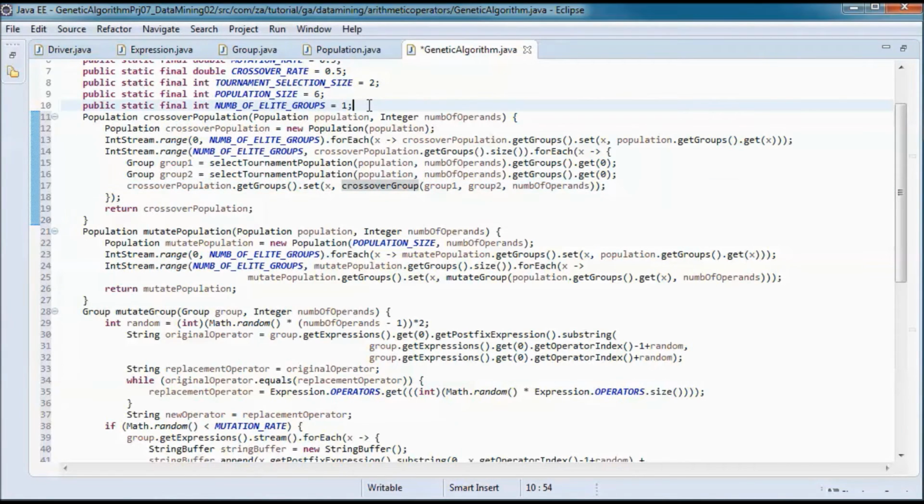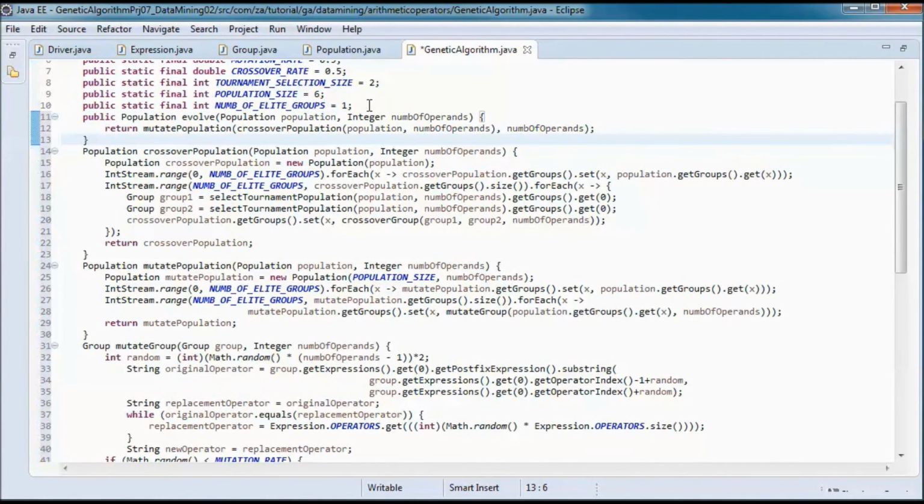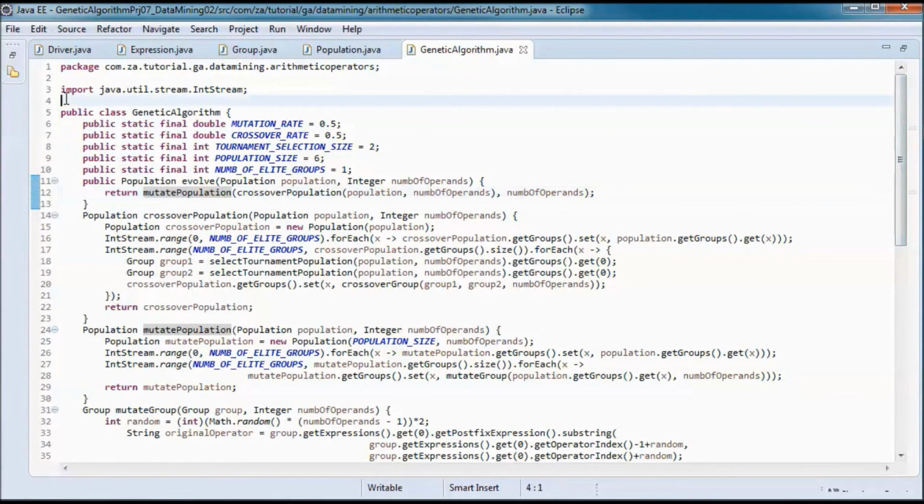And finally we will have this public evolve method that takes in a population and for convenience a number of operands, and ends up calling the crossover population, and what's returned from that, it calls the mutate population on it, and ends up returning that population. So this should do it for this class.